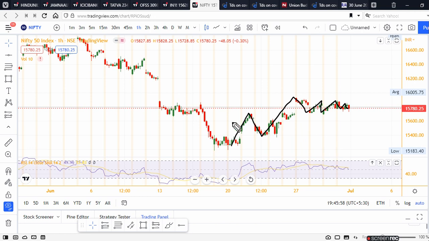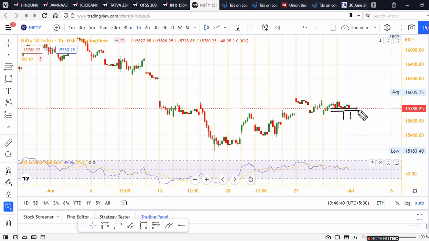The chart was forming a pattern of higher high and higher low till here, but over here it has gone into a kind of a triangle pattern which you can clearly see. Earlier this area over here was working as a support and a resistance. Now this area over here has shifted to a higher support. How can I say that this is a higher support? Because twice market tried to break down below this level. The level is 15,780. Market tried twice to break below this level but failed.